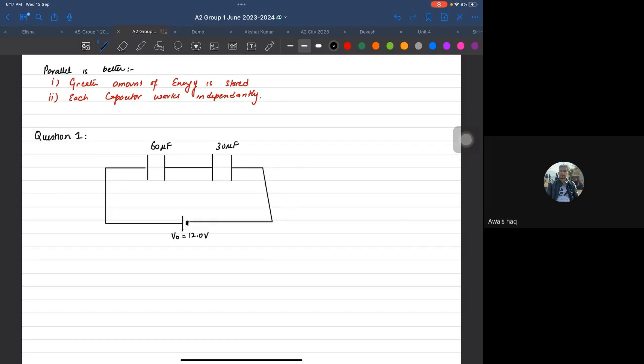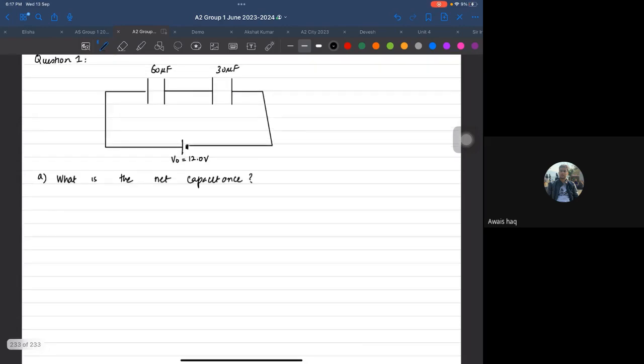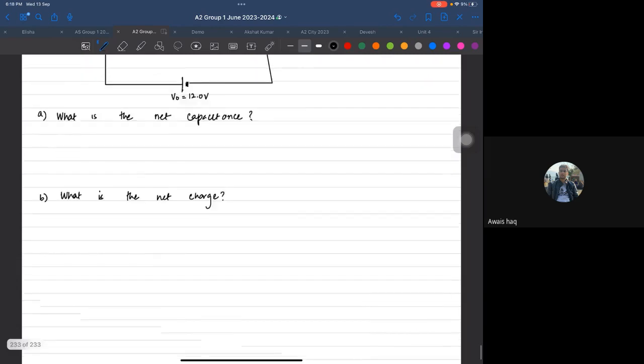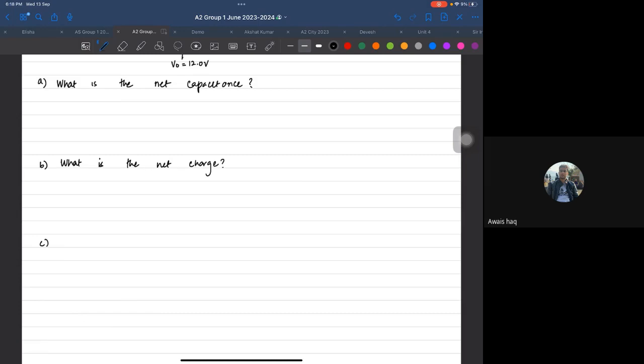Okay. So in this question, the first part says, what is the net capacitance? Net means total, by the way. Then in part B, they've asked, what is the net charge? In part C, they say, what is the total